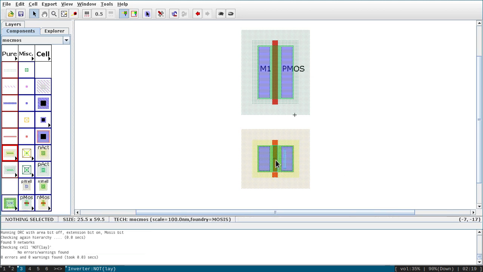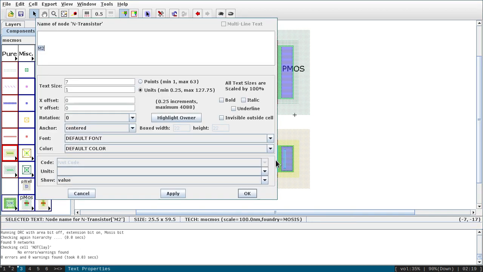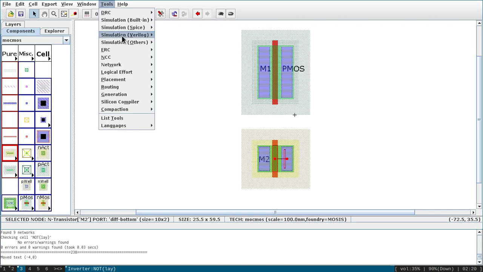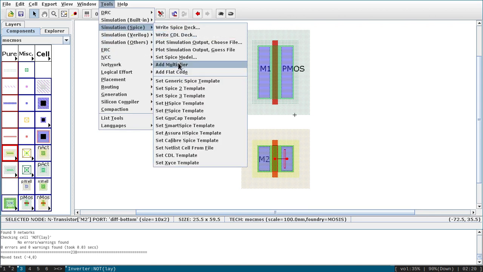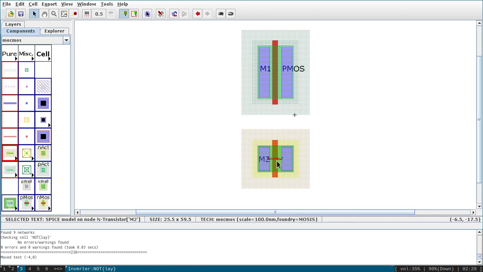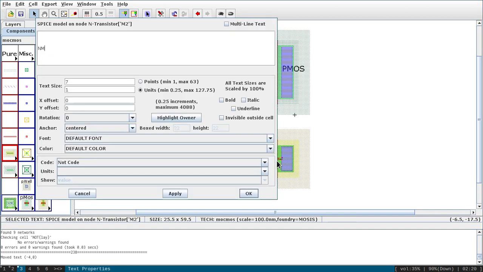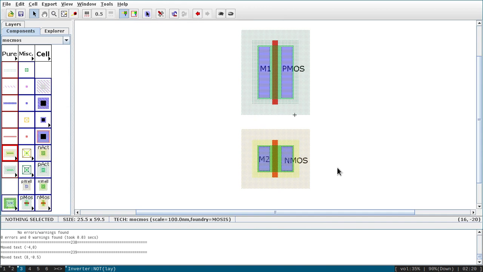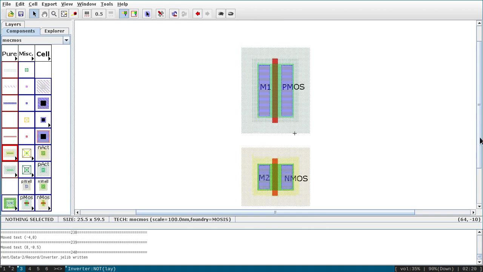Now I will change the font size of this one to 3 so that it is visible clearly, and I have to associate NMOS. Go to spice, set spice model, write NMOS and let its size be 3. So yes, now PMOS and NMOS both are ready now. What next we have to do is we have to